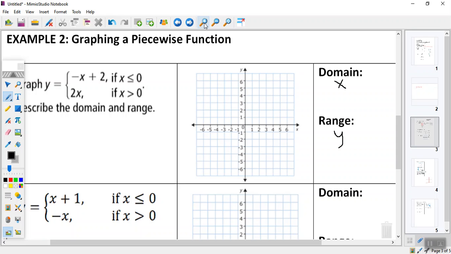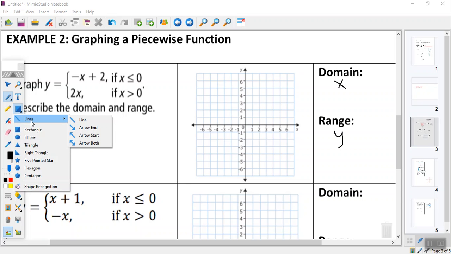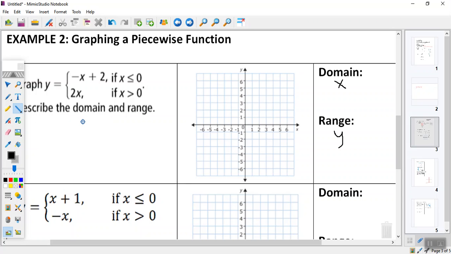So sometimes I will draw like a dotted line where the parameters are. That helps me a lot to visualize this. So here's what I'm going to do. At x equals 0, right here, I'm going to draw a vertical line through that, kind of like this. Okay? So there's my dotted line. So here's the deal. The first thing I'm going to graph in this one right here is I'm going to